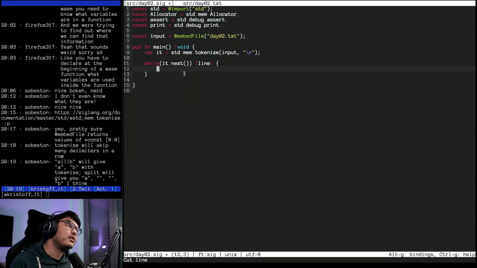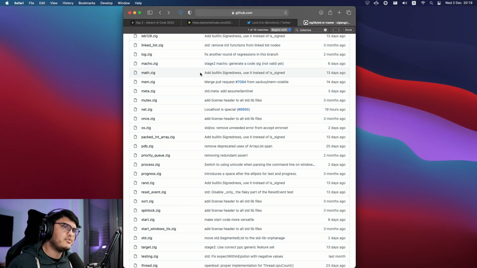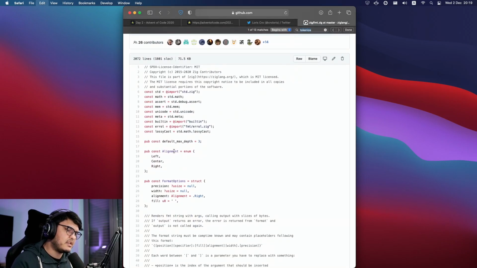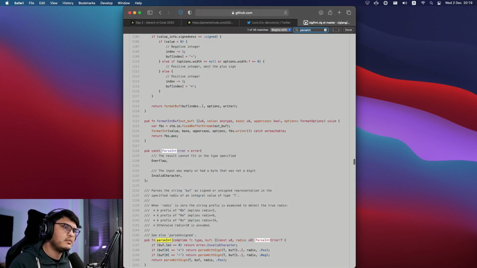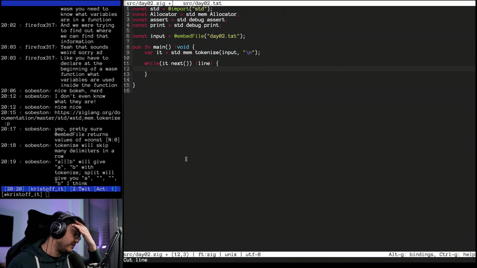Okay, so we want to parse a number. I know there is parse int in the standard library, but we can't just immediately use parse int. I'll go find it. I think it's in here. It's std.fmt.parseInt. There we go, parse int. The problem with parse int is that you can't tell it to stop parsing a number when it finds a character you don't like. You have to do that yourself first. You have to be precise with parsing. So I guess what we can do is pretty easily...